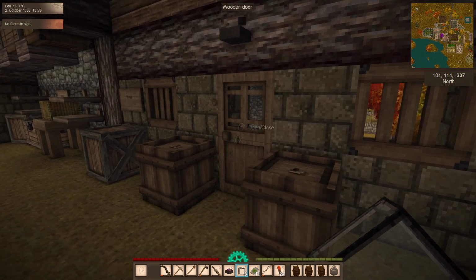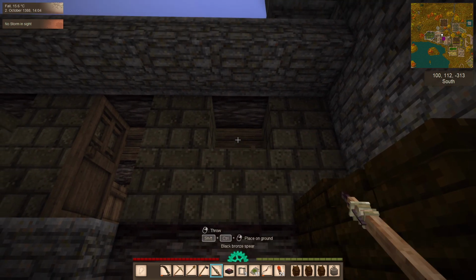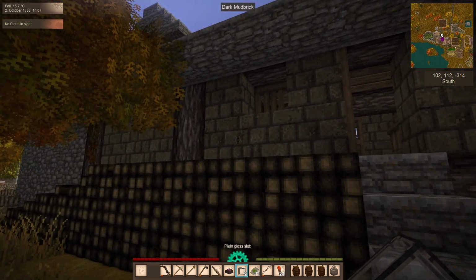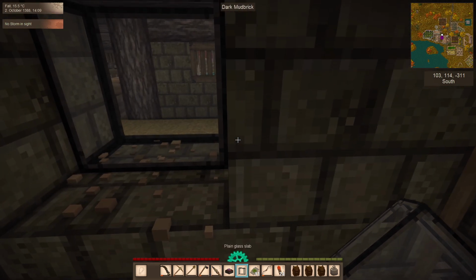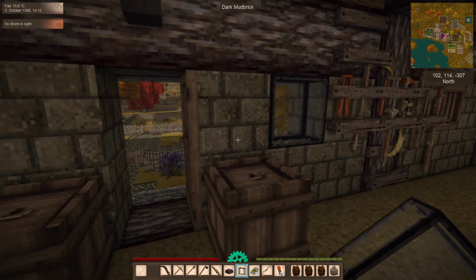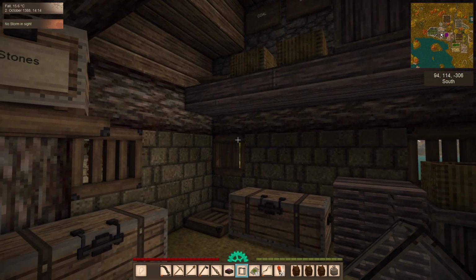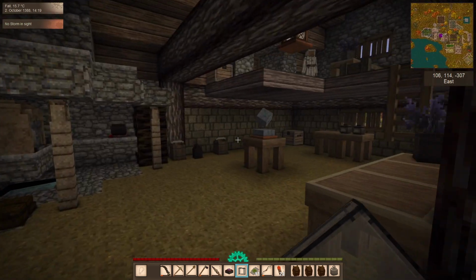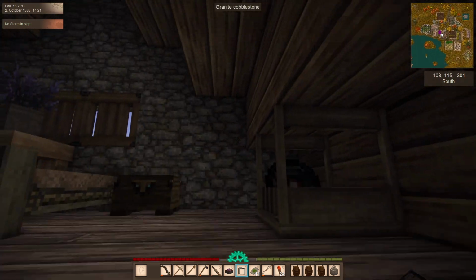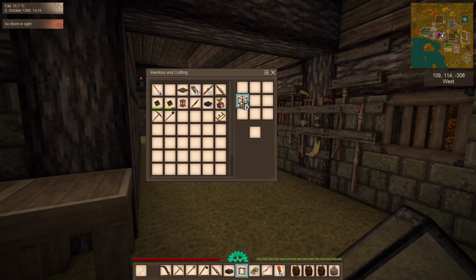I can take those out, and we can actually get proper windows in here. Which I think will make a huge difference. Now obviously I need to carve up more, so how many do I need? 1, 2, 3, 4, 5, 6, 7, 8, 9, 10, 11, 12, 13. It's not too bad. So I think if I do 6 of those,